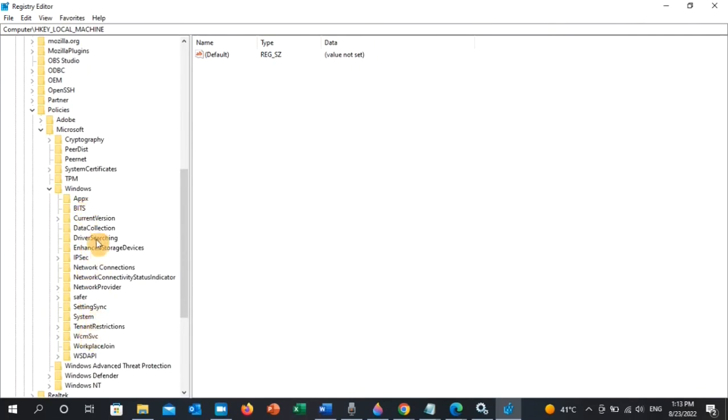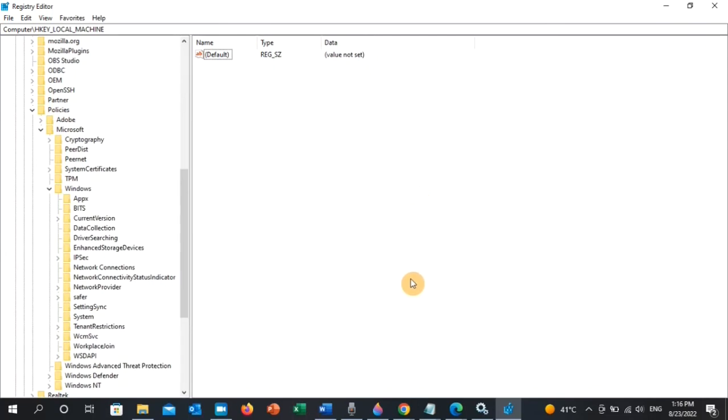I don't have the file, but if you see Windows Update, click on it, and on the right hand side here you will see wuauserv and another file WIStatusServer. Select both of them and right click on them and delete them. Once this is done, restart your PC and check if this error has been resolved. If that as well didn't work for you, the last solution which you can apply, you need to download the Reset